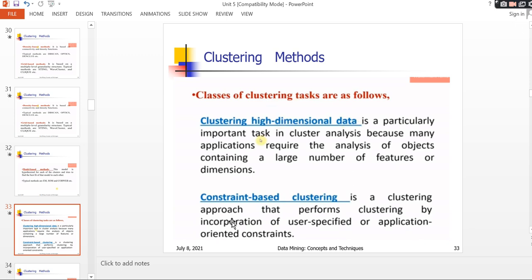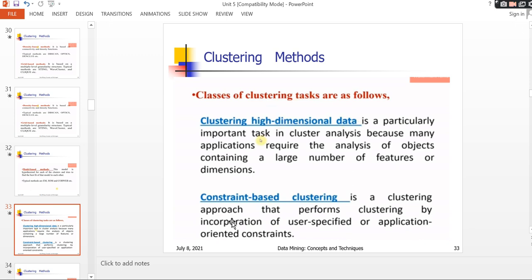Second one, constraint based clustering. You have to do clustering based upon some constraints, some conditions. Based upon those conditions, we have to divide the data into clusters. That is also very important. It is a clustering approach that performs clustering by incorporating user specified or application oriented constraints.